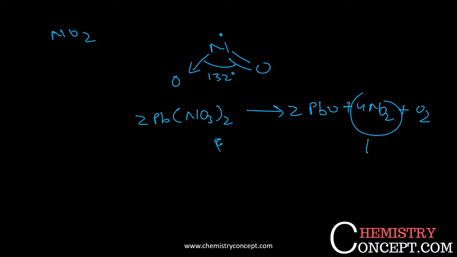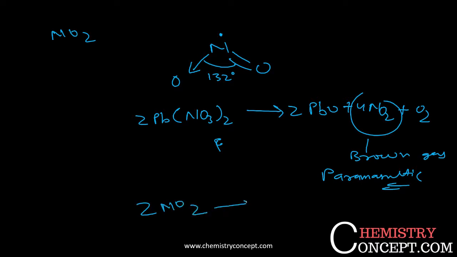This is very, very reactive and paramagnetic, and polar also. This reacts with water to give nitric and nitrous acid. A mixture of nitric and nitrous acid can be obtained from nitrogen dioxide. Since this nitrogen dioxide is not that much stable,